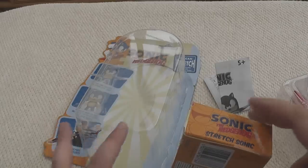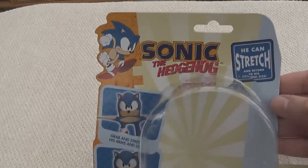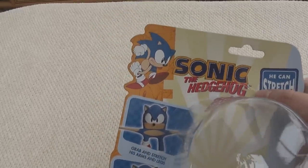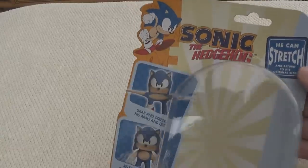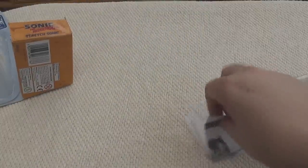Okay, so we got him out of the box, but as predicted, despite being as careful as I possibly could be, maybe you could salvage this, but it will never be perfect. It really is one of those where once you open it, the box is pretty much destroyed, but oh well, I'll wait for a sale. But anyway,